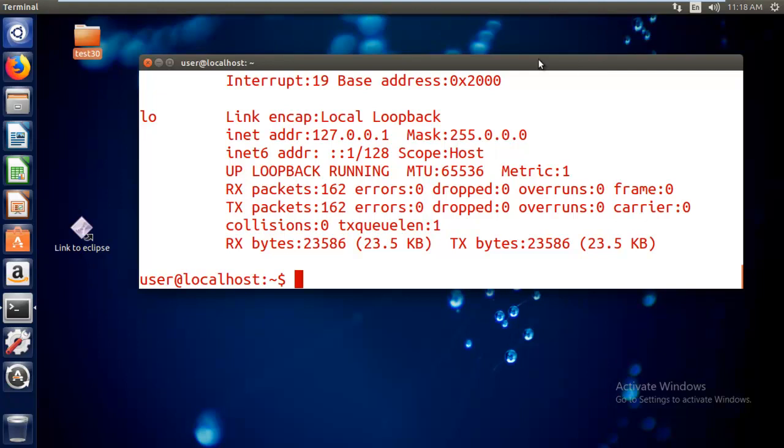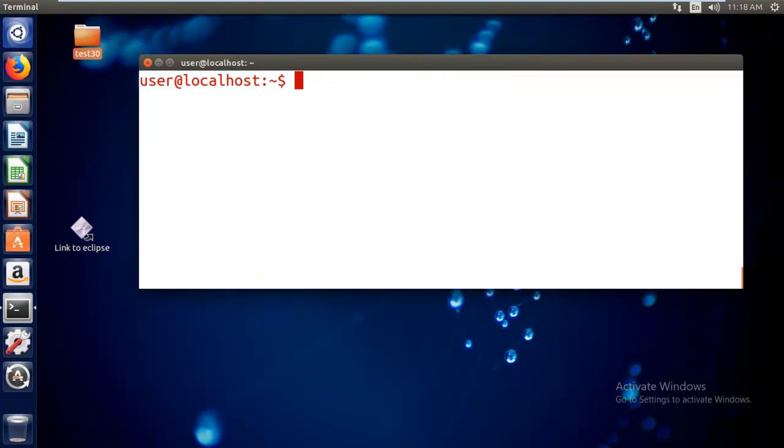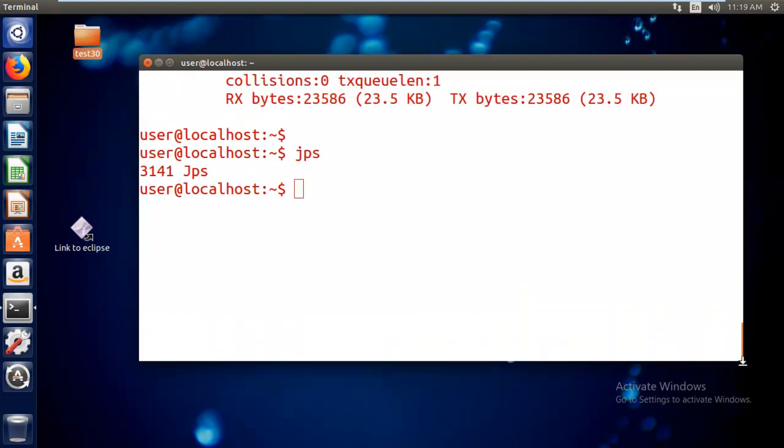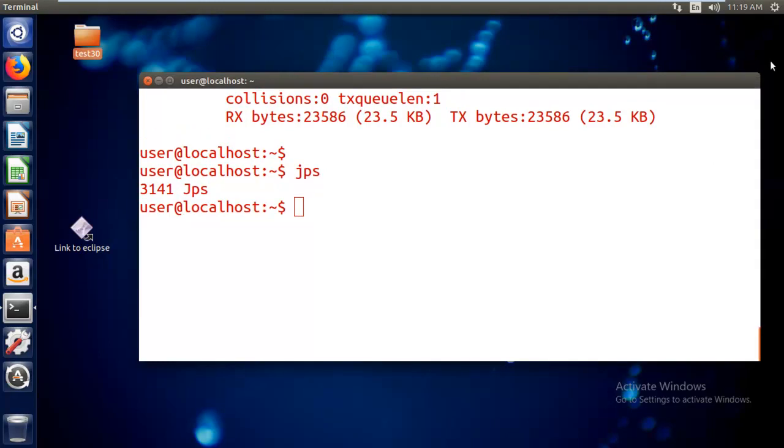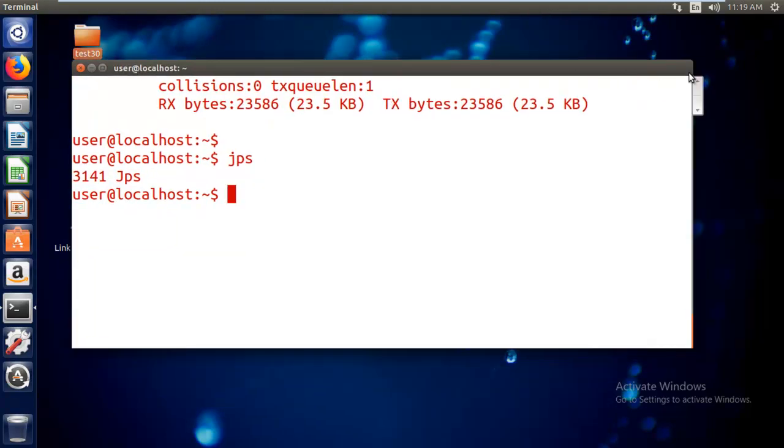Now we will verify whether Hadoop is already running on my machine or not. How are you going to verify that? Just say jps. Here you're not getting any Hadoop related services, so it means Hadoop is not running here.